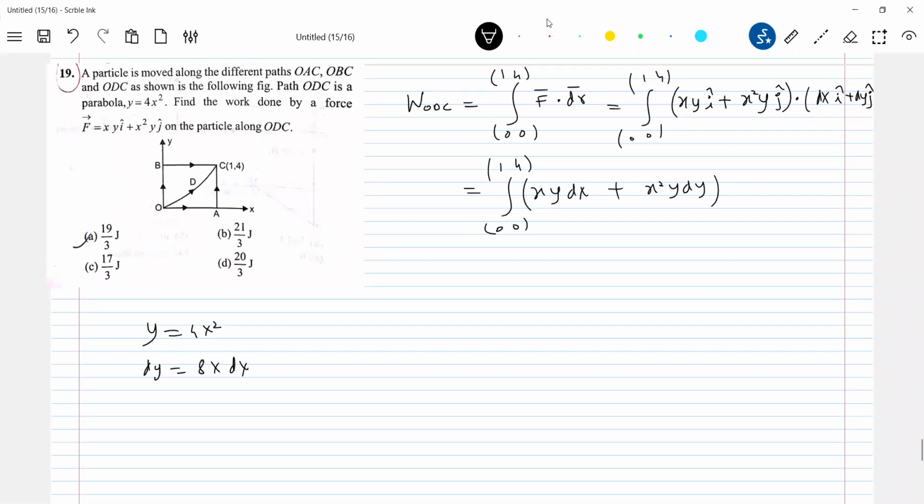Look at the way this question is being asked. So this should be y is equal to what? I'll write 4x squared. And I'll shade it. So there, that we have replaced here. So this will be dx. And x square, what? I'll write it as y by 4, y dy.